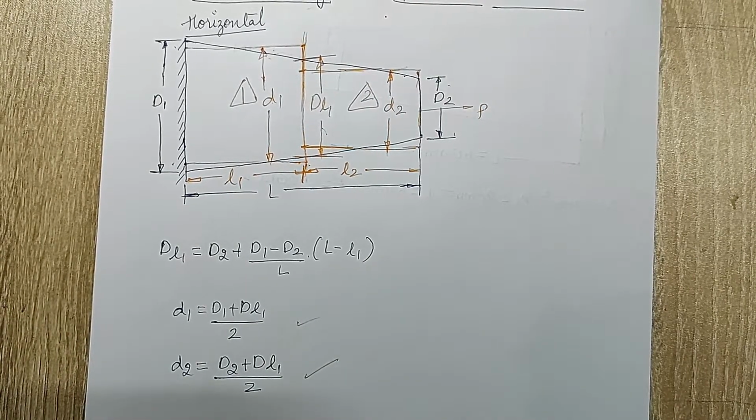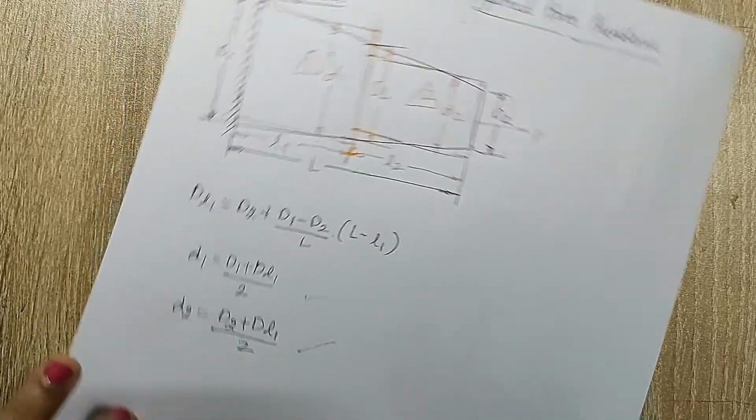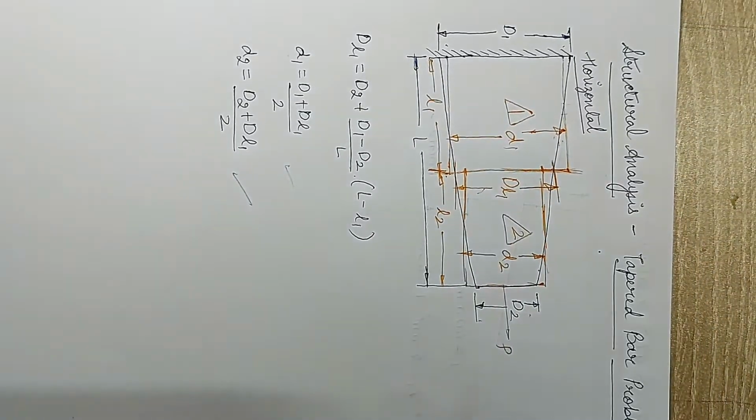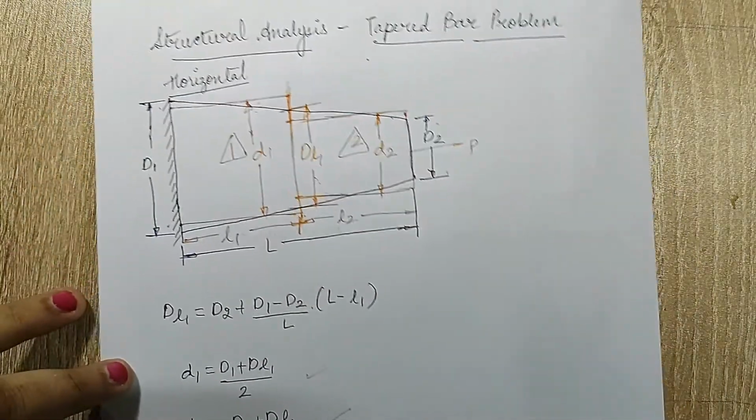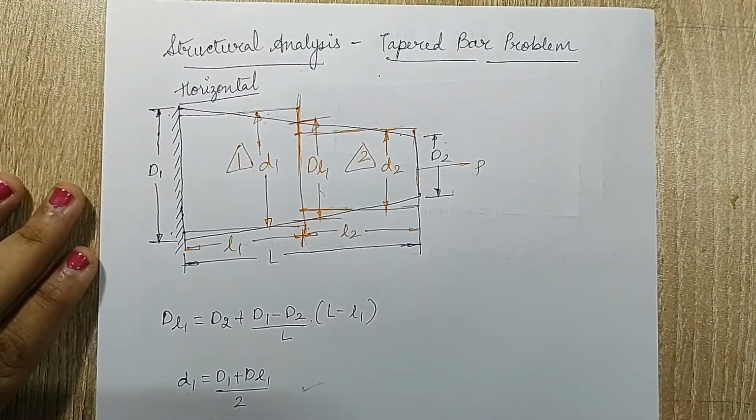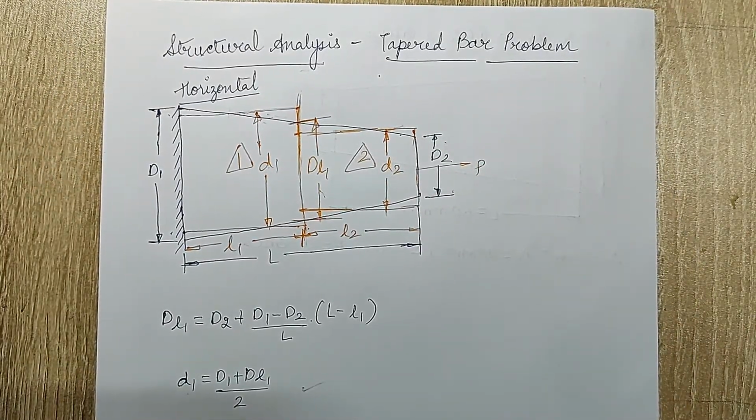Now when I talk about a vertical tapered bar, it's very simple. It's this way, which means it is just upside down. So it should not be a difficult thing, except for the fact that there is a very basic difference between anything which is horizontal and vertical, is that in vertical we also consider the weight of the body.